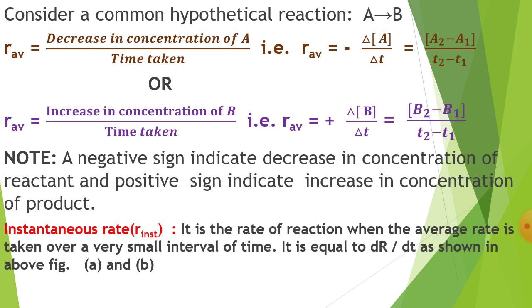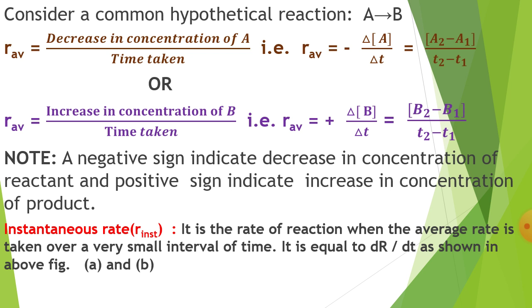Now dear students, consider a common hypothetical reaction to explain the rate of reaction. A changes into B. Here A is the reactant and B is the product. For this you have to write the average rate: R average equals the decrease in concentration of A divided by time taken. That is, R average equals minus delta A by delta T,